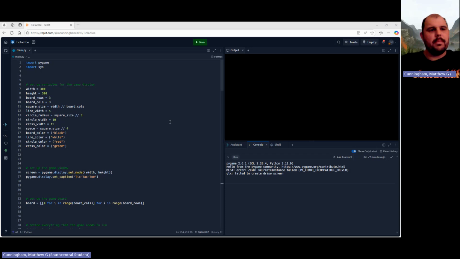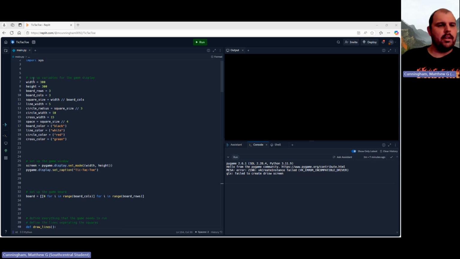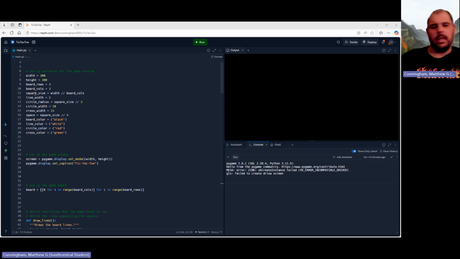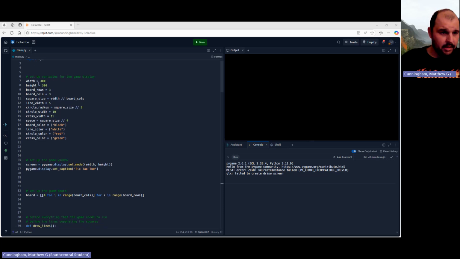Okay, so for my project, I created a tic-tac-toe game. I started with importing the pygame library, and then I created all my variables. So basically setting up the variables for the actual board for tic-tac-toe, because that's the game I created. I don't know if I said that yet, but I created a tic-tac-toe game, and all my variables pretty much